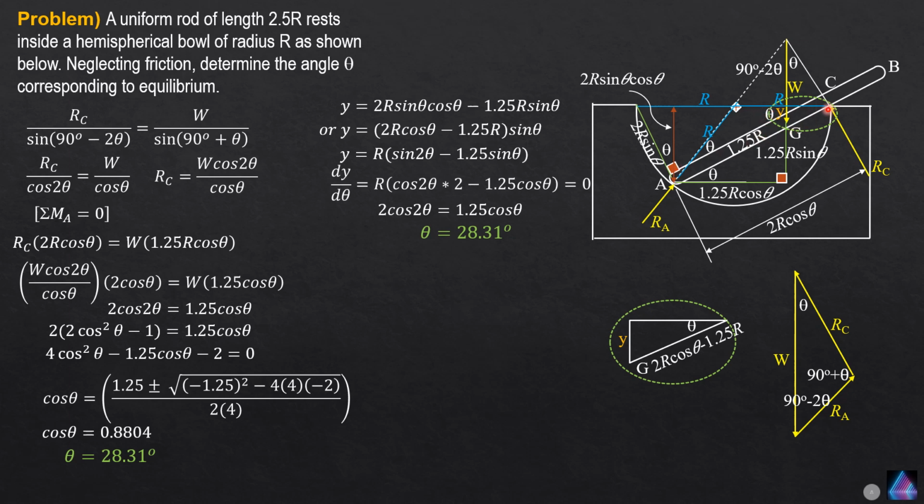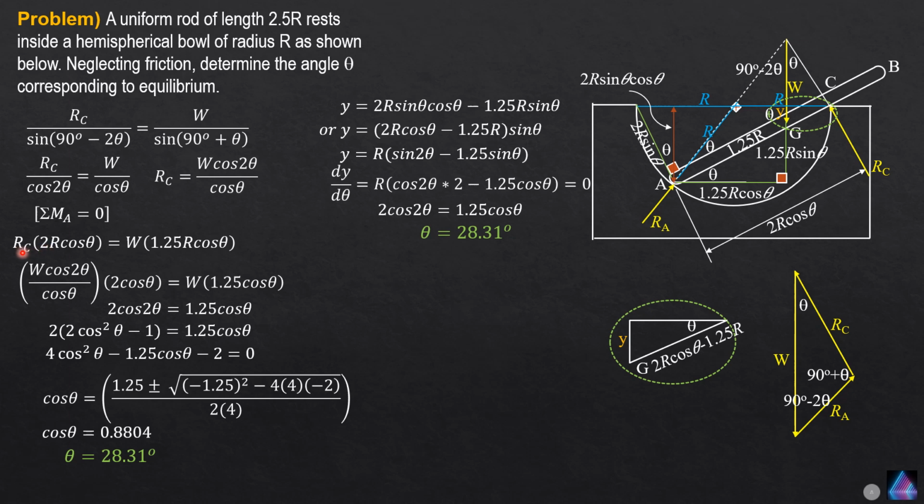Therefore, this horizontal leg of this right triangle is hypotenuse 2R times cosine of that angle theta. So that's why it's 2R cosine theta. So R sub c times moment arm 2R cosine theta is equal to the weight and the moment arm 1.25R cosine theta. So we cancel out R,